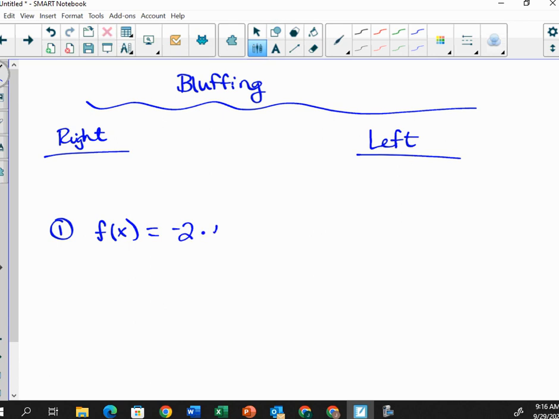Let's do -2 times 4 to the x minus 3 plus 1. Graph it. So how neat does this graph have to be? I mean, I'll just come over and look at it, and hopefully I can see it. 0, 1. This would be, yeah, and then